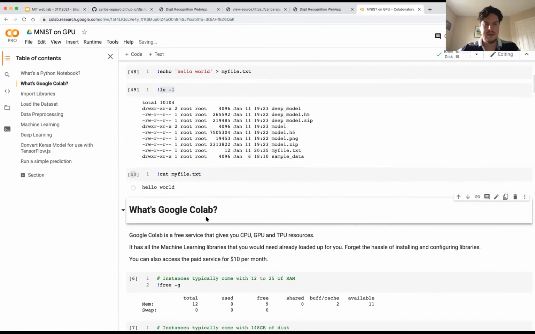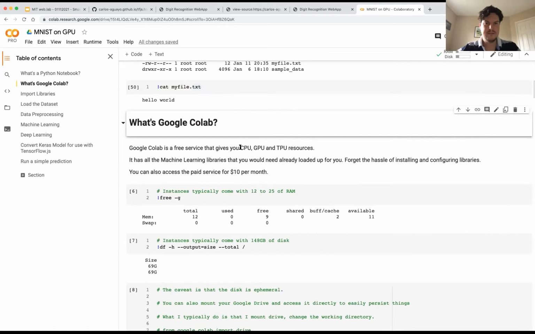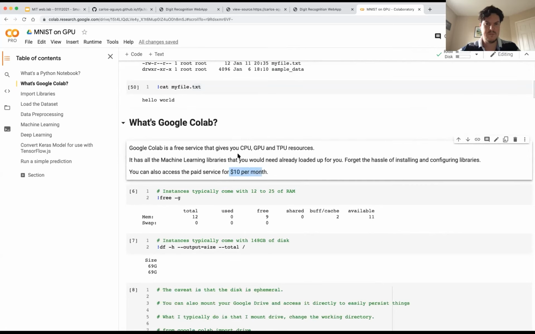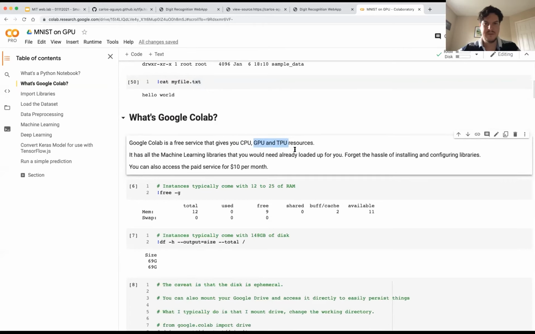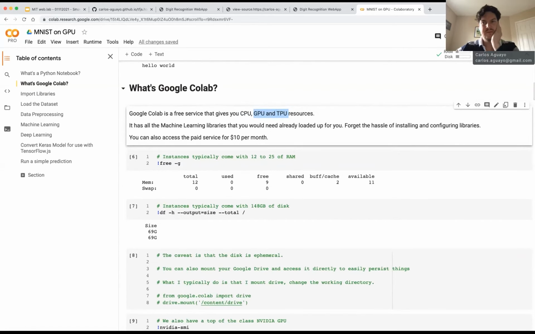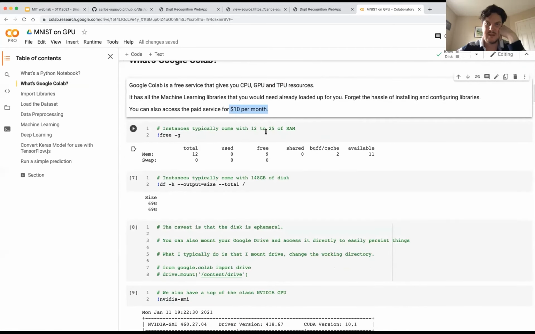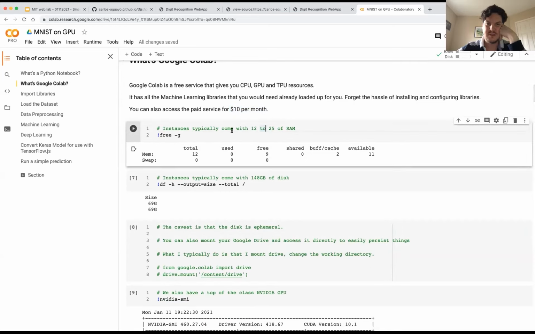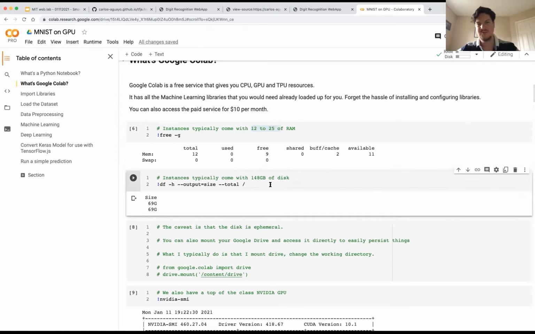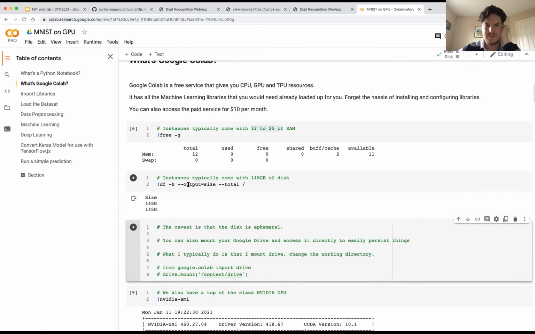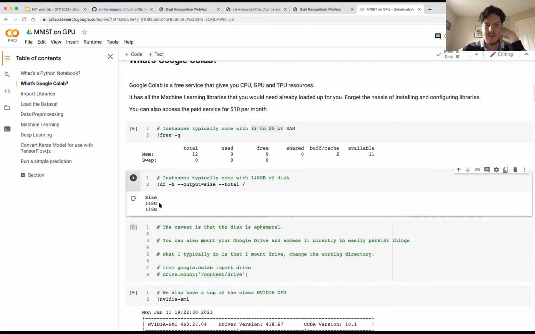Now Google Colab is a platform that gives you a free service. You can also pay $10 a month, and they give you not only CPU but also GPU and TPU resources. I use a Google Pro account, which is $10 per month. And what is really cool is that, look at this, usually these machines come with between 12 to 25 gigs of RAM. It's funny, usually they come with a 148 disk. So for example, the machine that I'm using right now has a disk of 148,